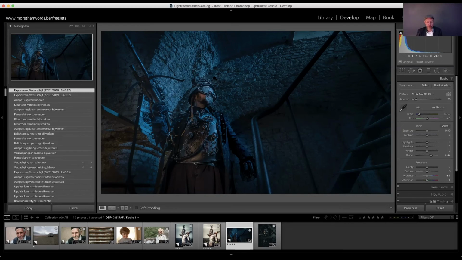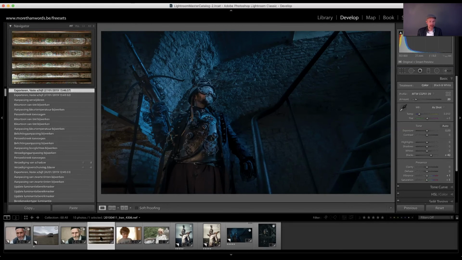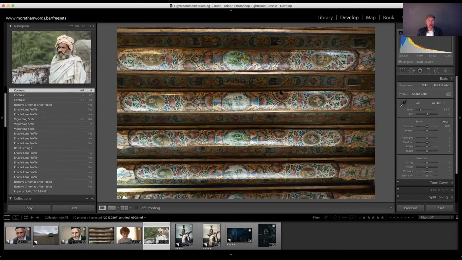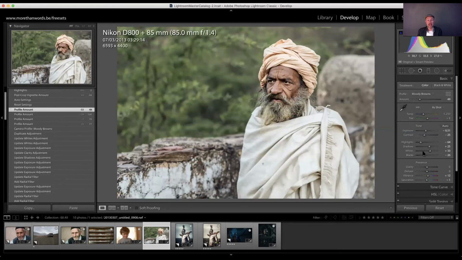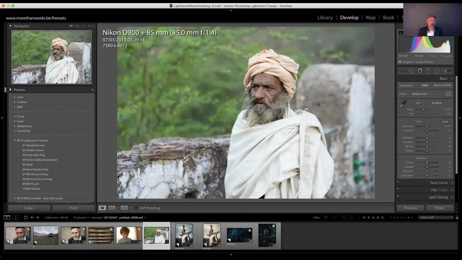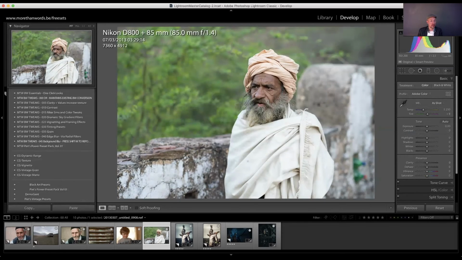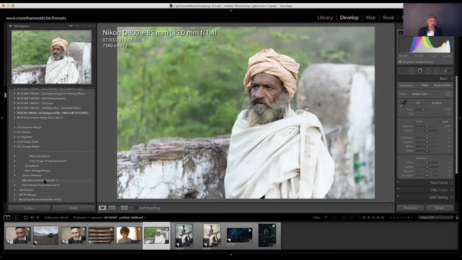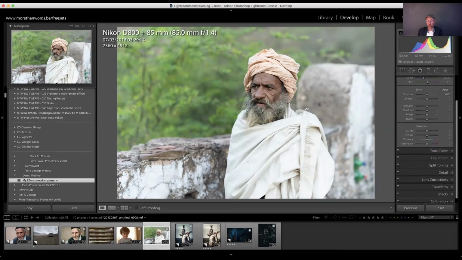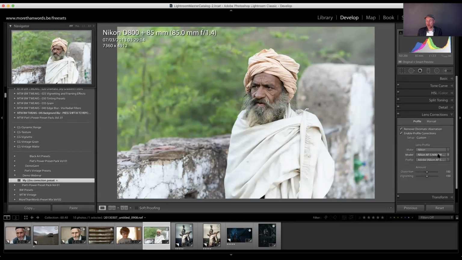You don't have to. In Lightroom's filter bar, you can sort by lens, for example. But the thing is, remember I created a preset based on this image, which was the 16 to 35. Now, this image was shot with the 85mm, and if I were to apply that preset, because I can not only apply it upon import, but also later on, so I have this here. If I apply this one, you see the image changed, so that means it did something. So if I go into my lens corrections panel, you'll see that now,